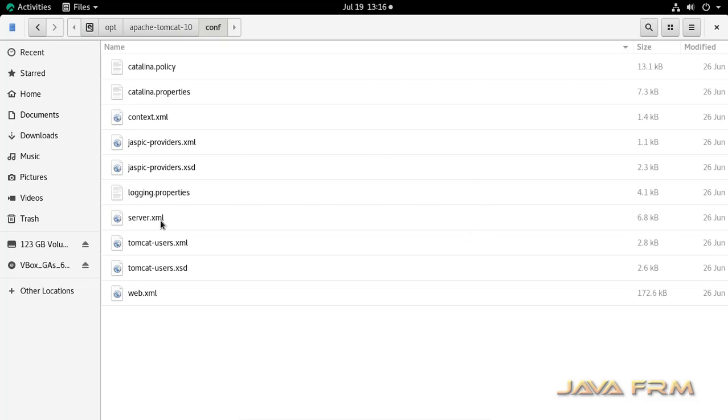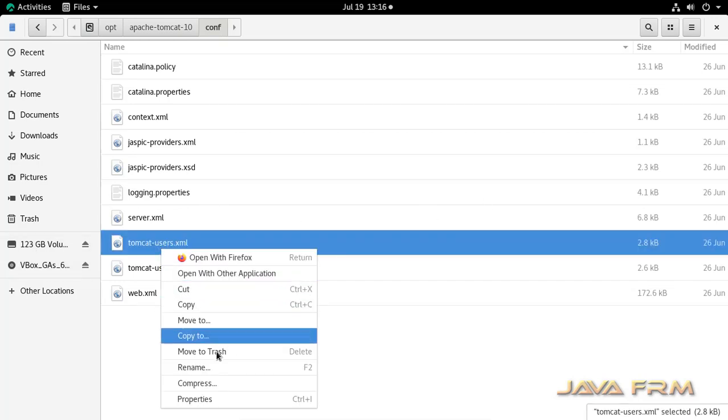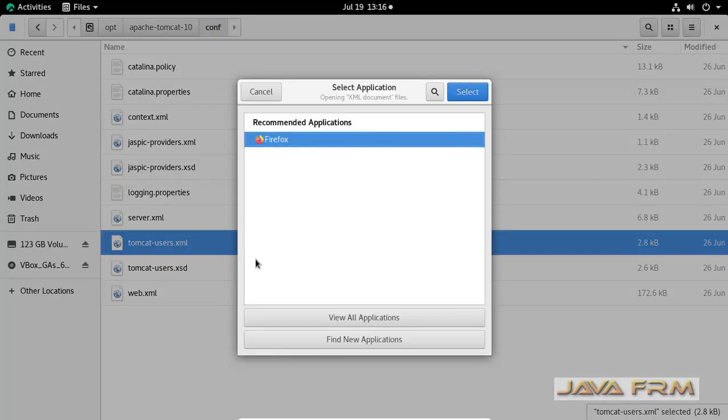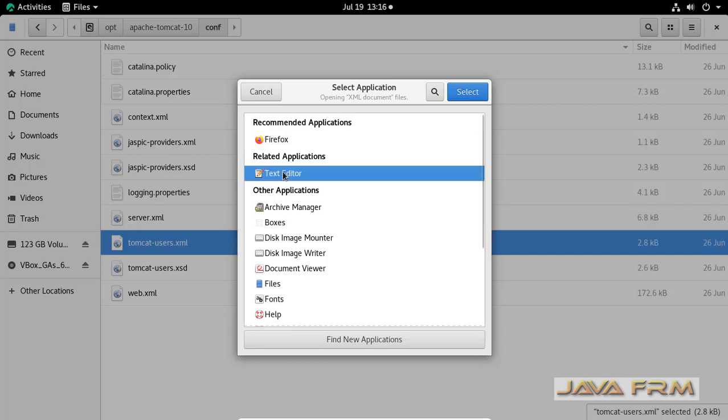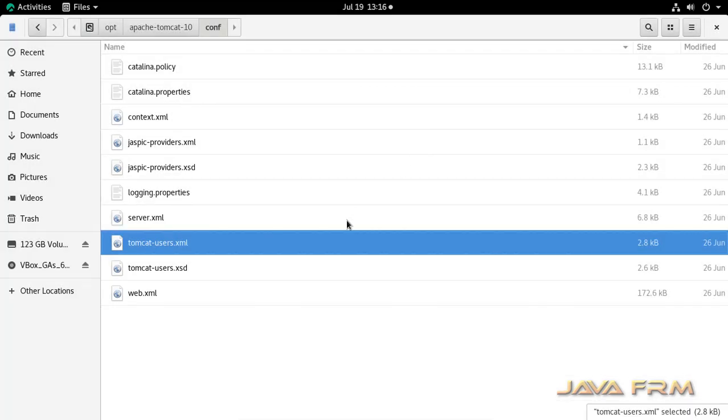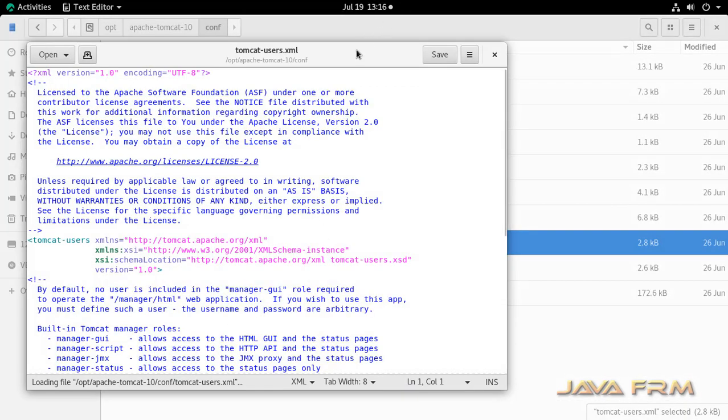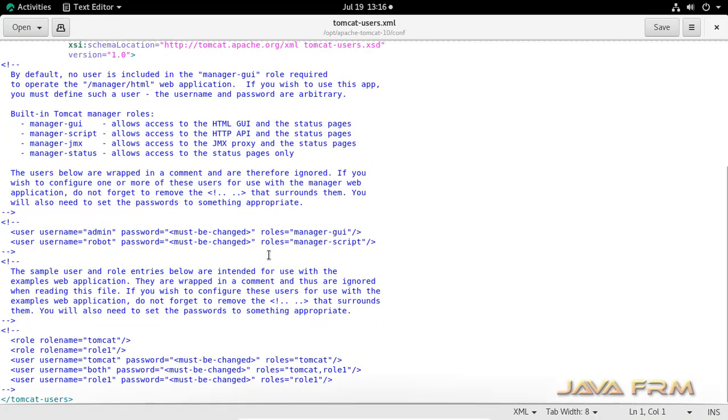I am going to the conf directory. Under the conf directory, you can see tomcat-users.xml. Before starting Tomcat, I am going to edit tomcat-users.xml. There I am going to modify some settings, roles and privileges.